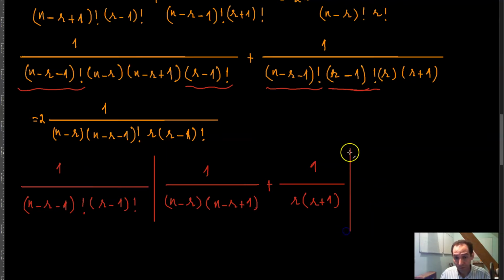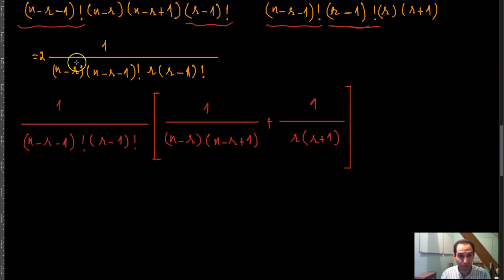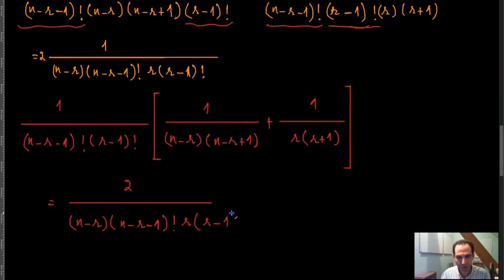And therefore you have this part we have over here, and then you have basically this part, which is equal to 2 times, you can write the 2 in the numerator, and you have (n minus r) times (n minus r minus 1) factorial times (r minus 1) factorial, and then you can basically simplify these in the denominator. (r minus 1) factorial, for example, you can simplify them, and (n minus r minus 1) factorial and (n minus r minus 1) factorial, you can simplify here,